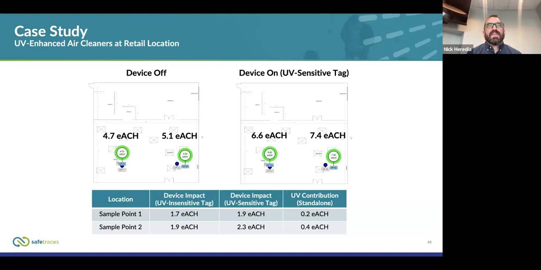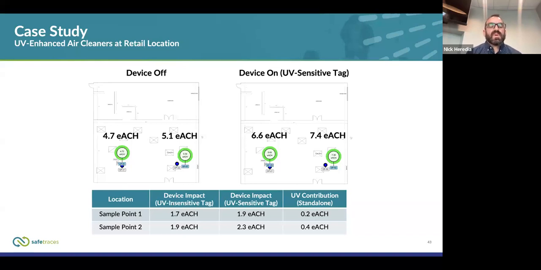Following up on that, we took this into the real world, and there were several studies done at the time of this early testing. We were using the Cerazone device that I mentioned earlier. And here we're looking at a commercial real estate space, a retail space, where we looked at the device off versus device on with that dual tag technology. You can see that with the device off, you get about 4.7 in different locations, positions in the building,